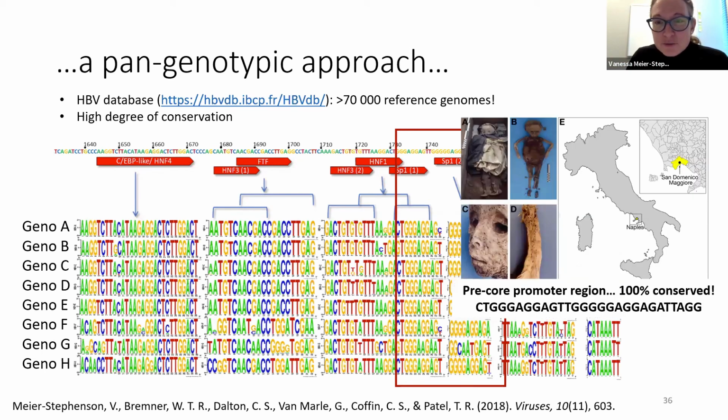And again, conserved for centuries. So that mummified 16th century child mummy that was from Italy, also that region 100% conserved. So this region has not modified, despite the potential for it to change and mutate over time. This region in particular has not modified, which says something to the effect of the importance of this in the